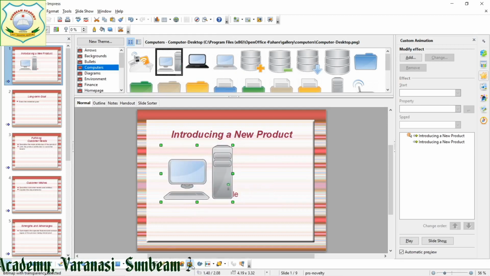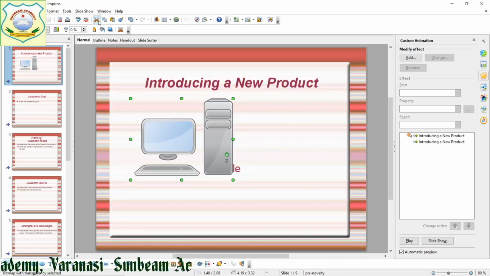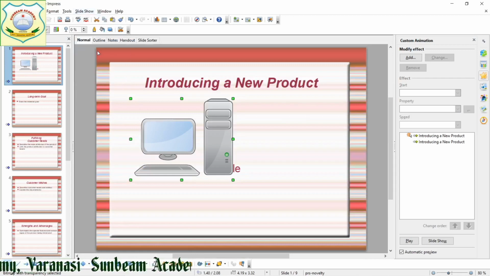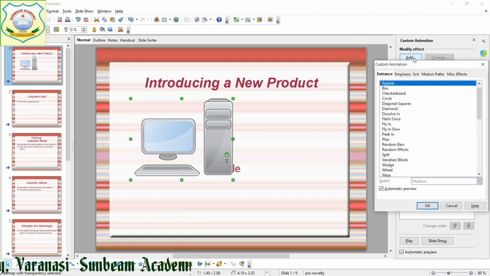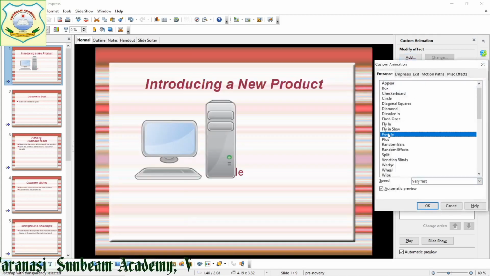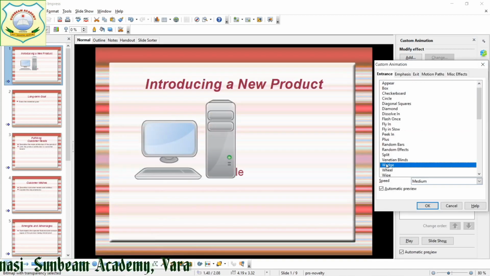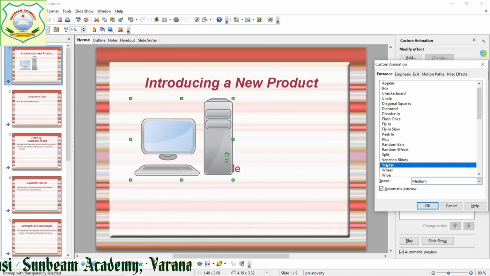To animate this picture, what to do? Select the picture, slideshow, then custom animation. Into this, add effect. What do you want? Suppose peek in. Whatever you want will be applied to your object, right? By this we can animate text and objects.